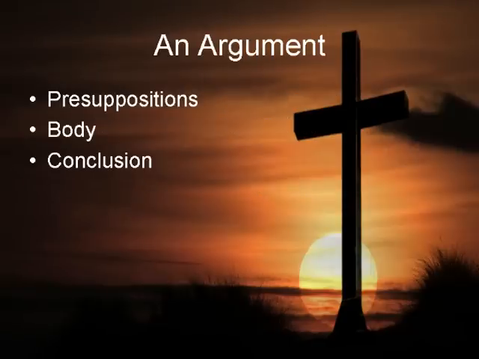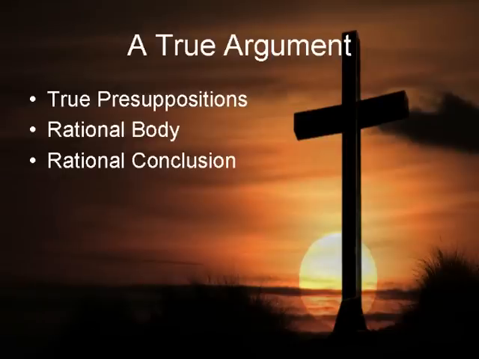Now we want to understand the basic argument. An argument has 3 parts: the presuppositions, the body, and the conclusion. The presuppositions, or premises, are what are being assumed in order to make the argument. The body is the step-by-step working out of the argument from the presuppositions towards some goal. The goal is obviously the conclusion, which is the summary statement of the entire argument, what is necessary so that the conclusion of an argument is taken to be true.